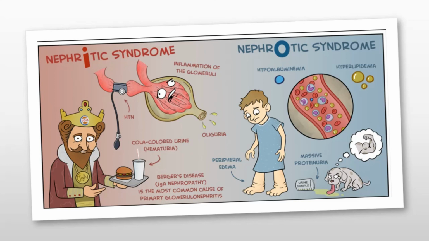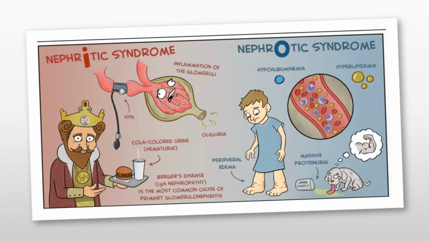Now let us see nephrotic syndrome. Nephrotic syndrome is a condition in which there is a loss of the negatively charged sialic acid residues associated with the proteoglycans of the basement membrane. Consequently, there is a massive leakage of albumin in the urine causing massive proteinuria. We must remember that albumin is not stopped due to its size, which is well within the range that can be filtered. It is stopped because of its negative charge, which is repelled by the negatively charged sialic acid residues within the proteoglycans. Due to the loss of albumin in the urine, there is peripheral edema seen in these patients. Also, there is a compensatory increase in the synthesis of lipoproteins by the liver, causing hyperlipidemia.